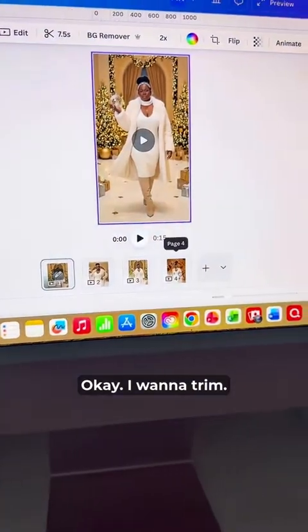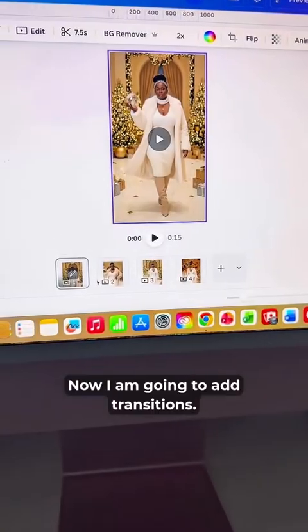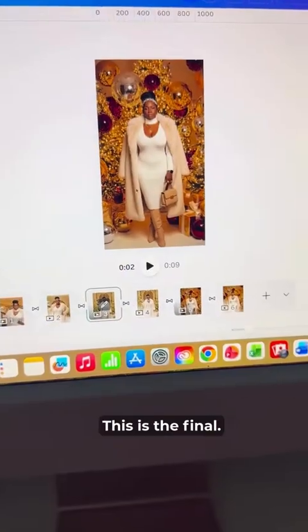Okay, I want to trim. Now I am going to add transitions. This is the final